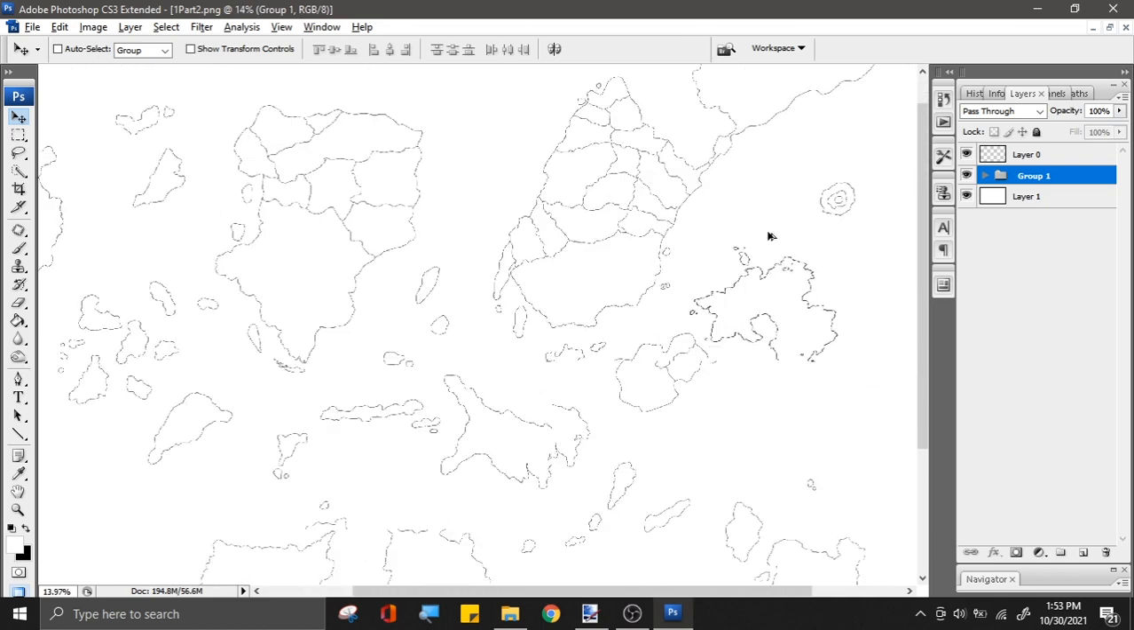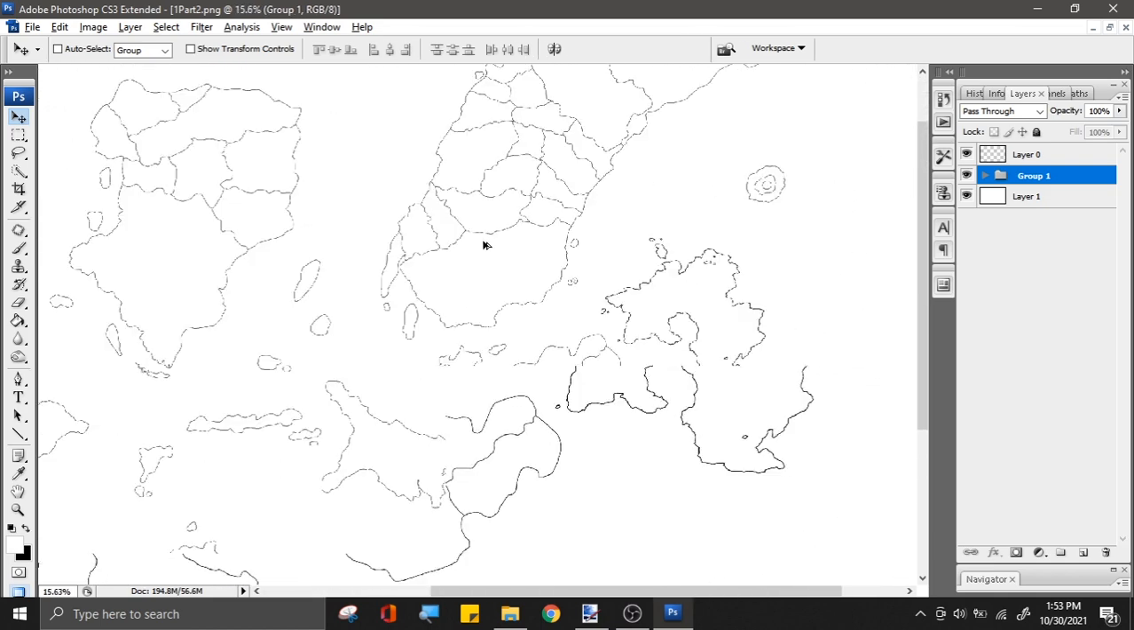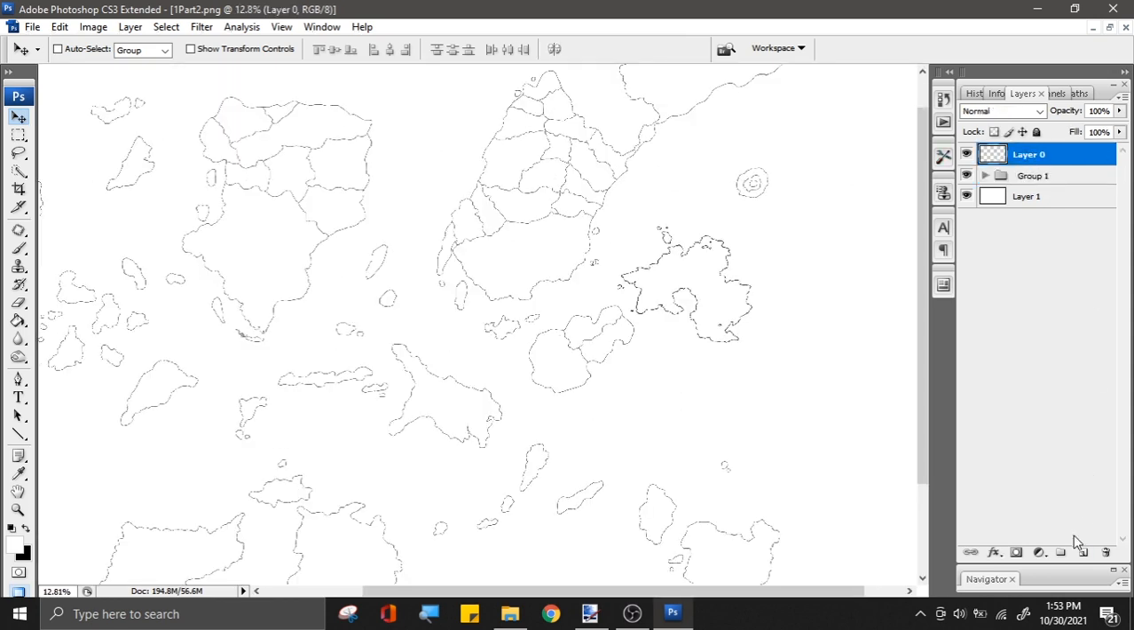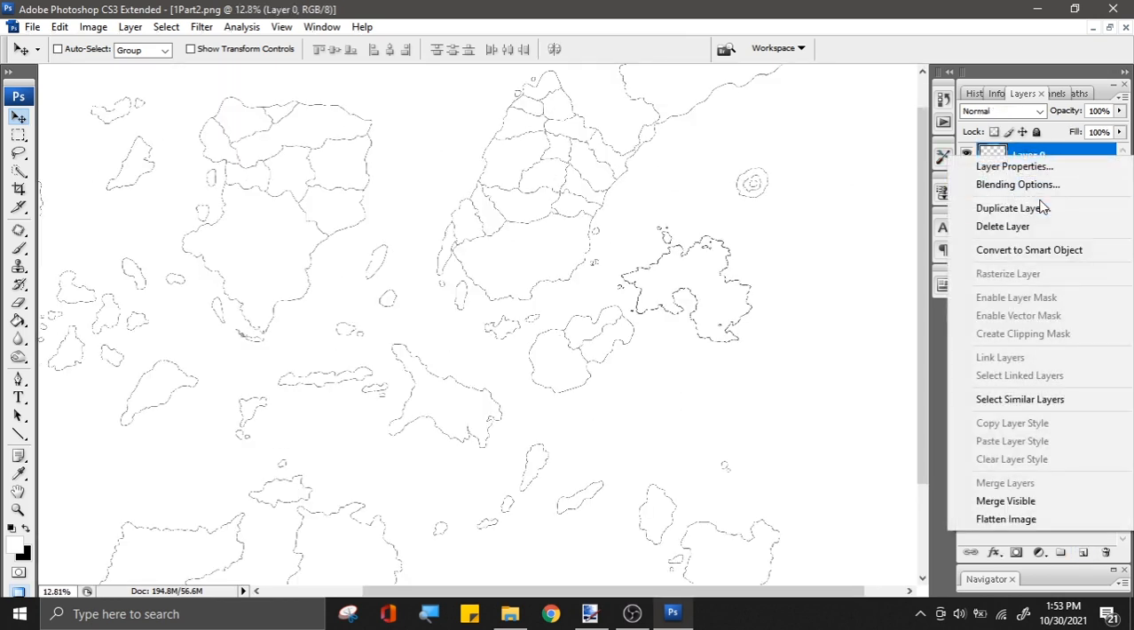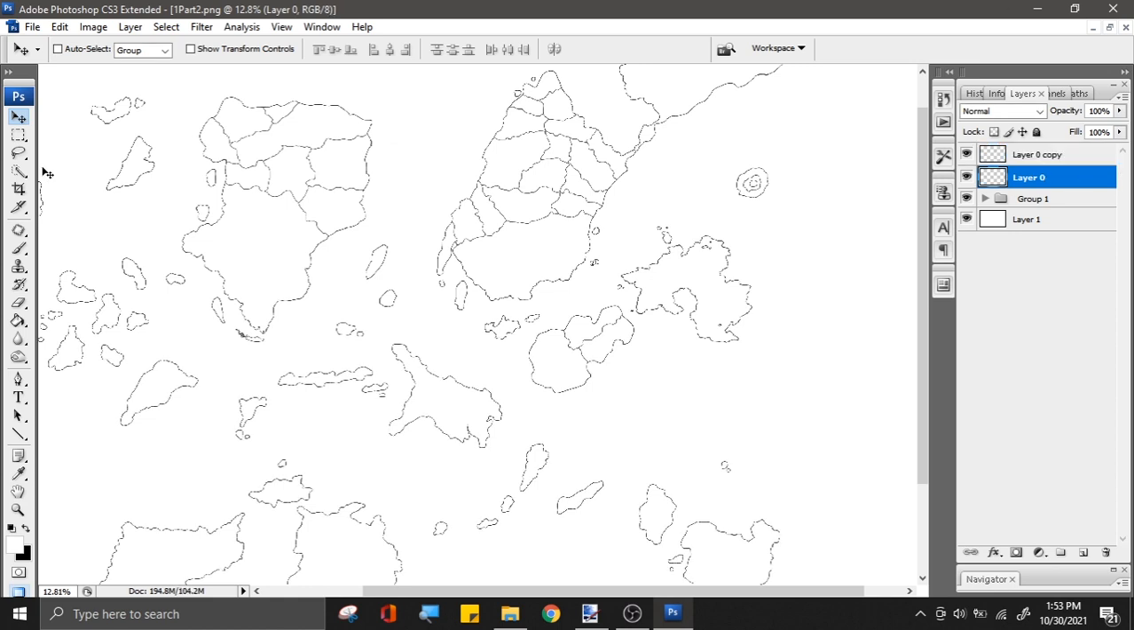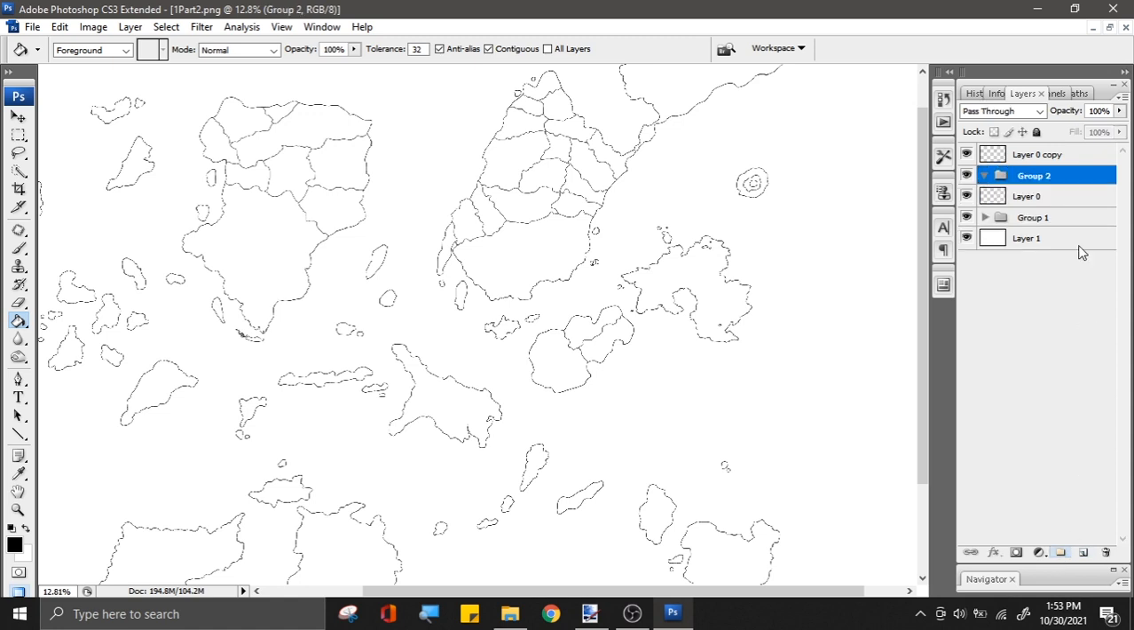Here, let's say that's your fictional nation. Since you got the line file, you can just duplicate it. I prefer duplicating it. Then you can just color the line file. So for tips to make it easier, let's put it in a group again. First you want